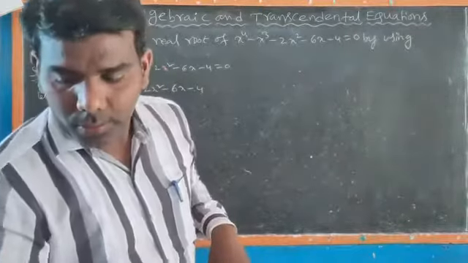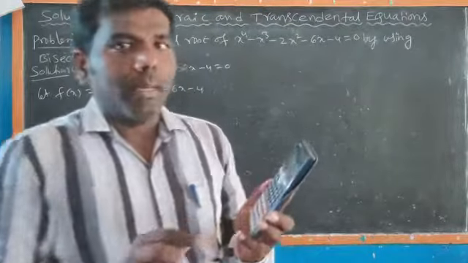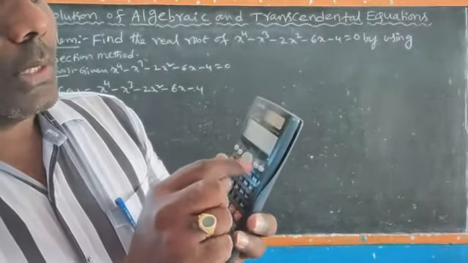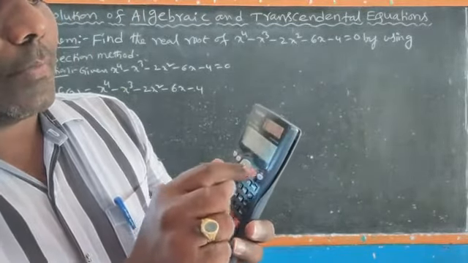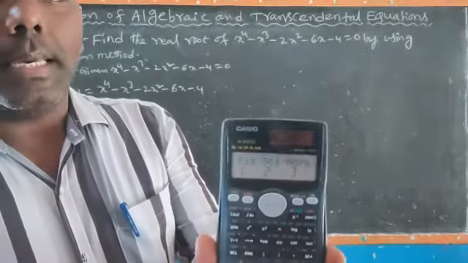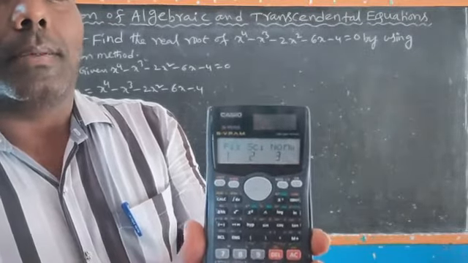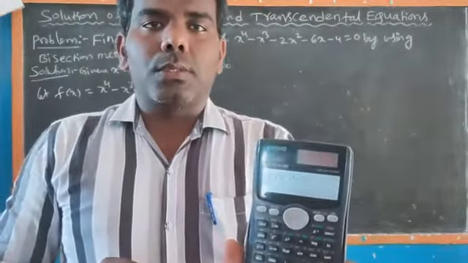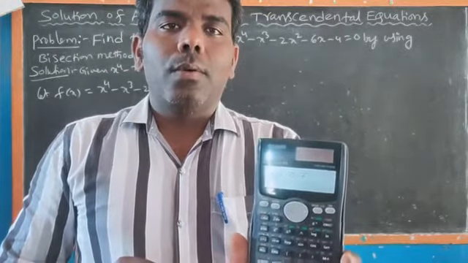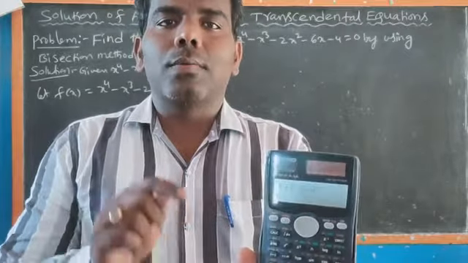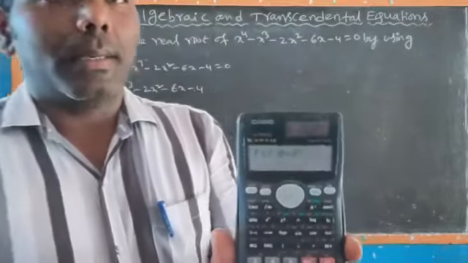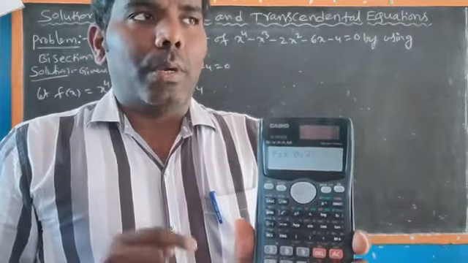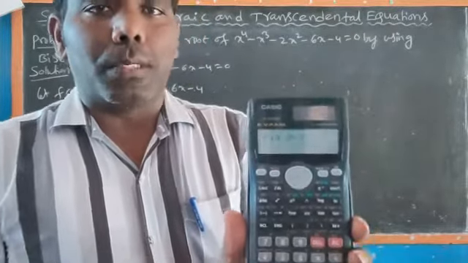Now take the calculator. First fix decimals. Press Mode 5 times: 1, 2, 3, 4, 5. Here, see, press the Fix button. Now it asks for 0 to 9 decimals. How many decimals are required? For all problems you have to fix 4 decimals. Actually 3 decimals are enough, but we take one more decimal, so 4 decimals.